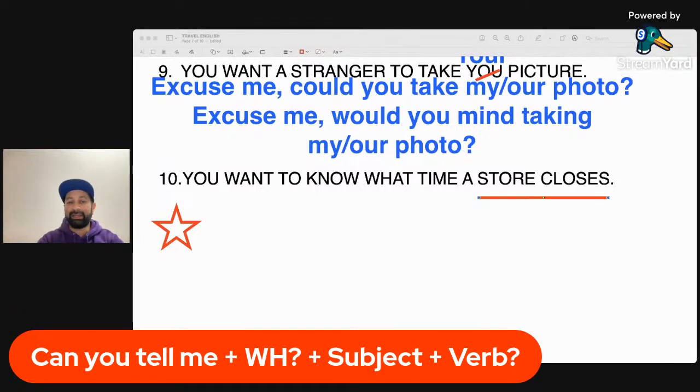So Paramesh, try again and put your words into this pattern. So can you tell me is decided. WH is what? Subject is what? And verb is what?